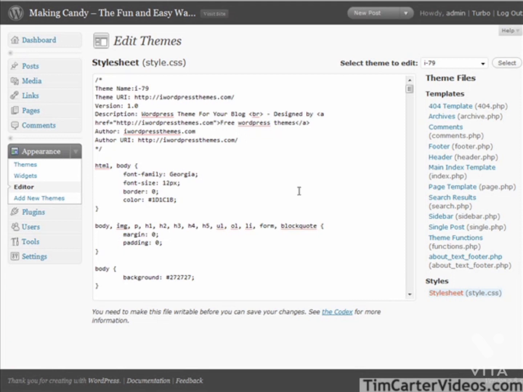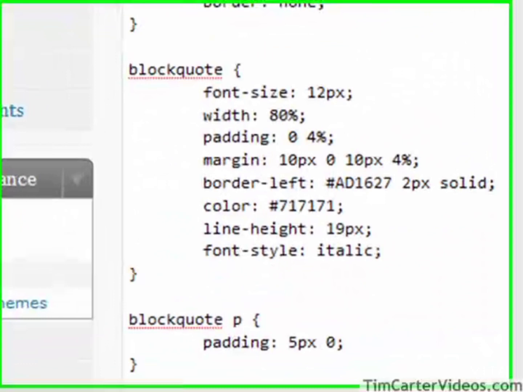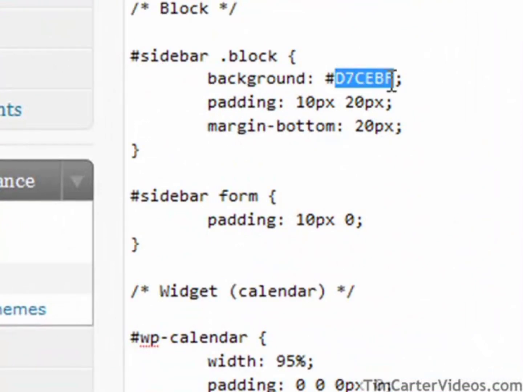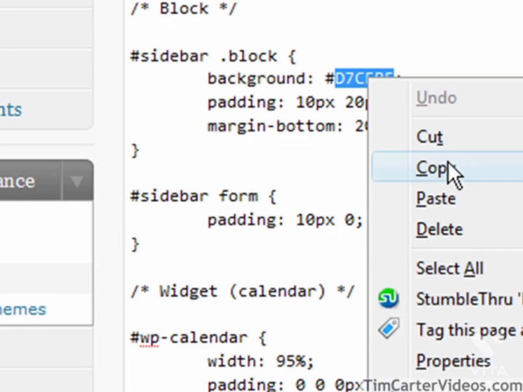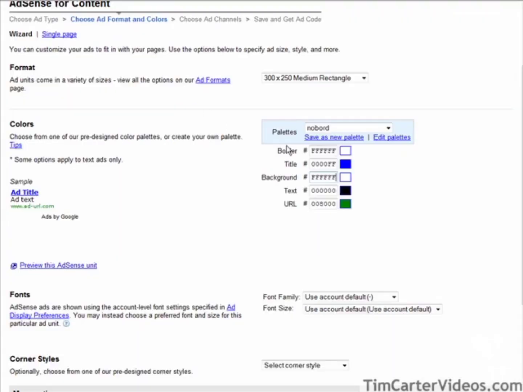So what we want to do is go down here until we find our sidebar. Okay, so just copy the color code in here, leave the pound sign behind, we don't need that, and then go over to our Google AdSense side and put it in the background part. Okay, so here where it says background, just paste it in there,